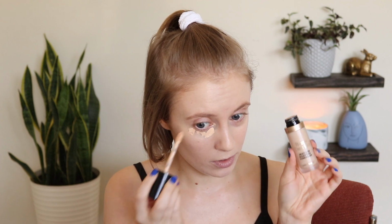Oh, Too Faced Born This Way. Elaine also chose this one. She really seemed to like this one. Elaine was the only one picking for the first few categories, but then towards the end, they all got involved